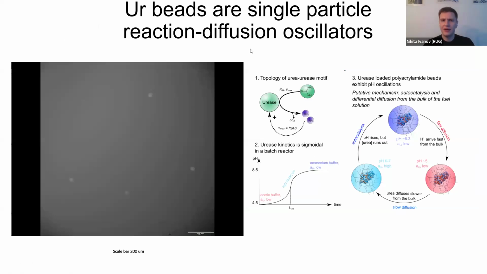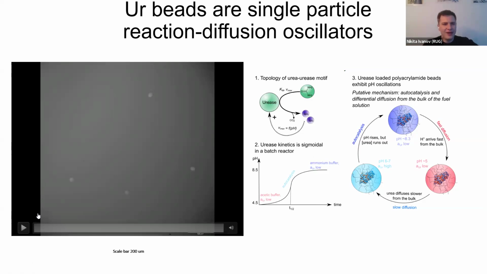Basically there is here an illustration with a more detailed explanation of what we want. We want to arrive at the state in which protons arrive from the bulk faster than urea. What helps us is that protons have the highest diffusion coefficient in water. They do not actually even diffuse. They are transmitted in a way that is a little bit similar to electric current. So it's a local concentration that is transmitted, but not every particular proton.